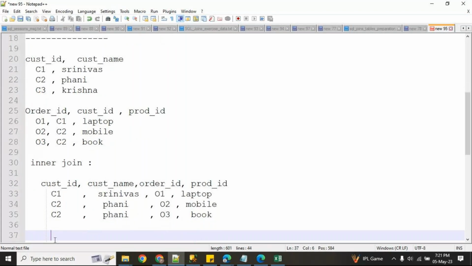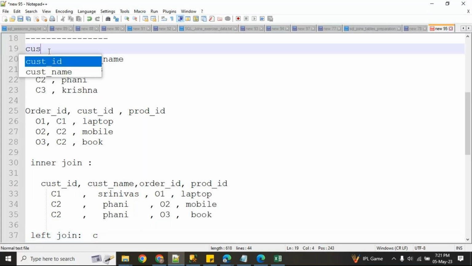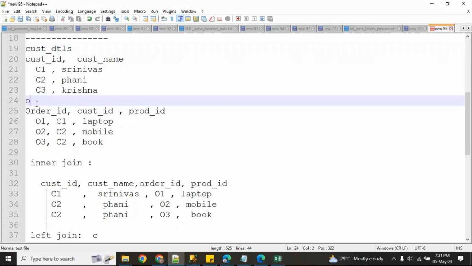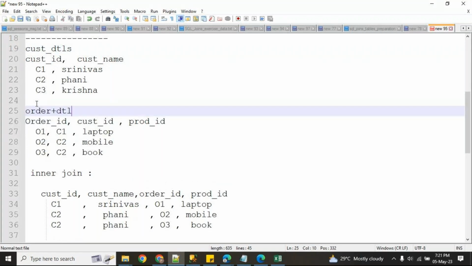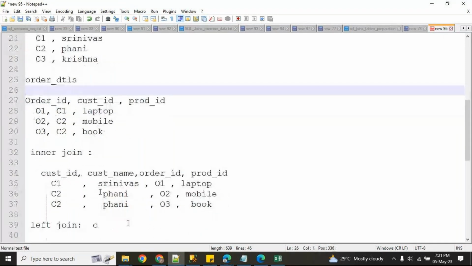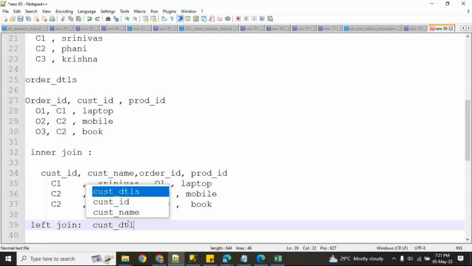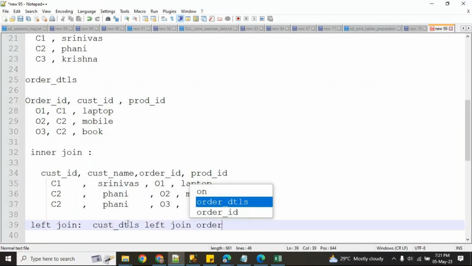The same thing if I do left join. Consider this is the customer details and this is the order details: customer details left join order details.